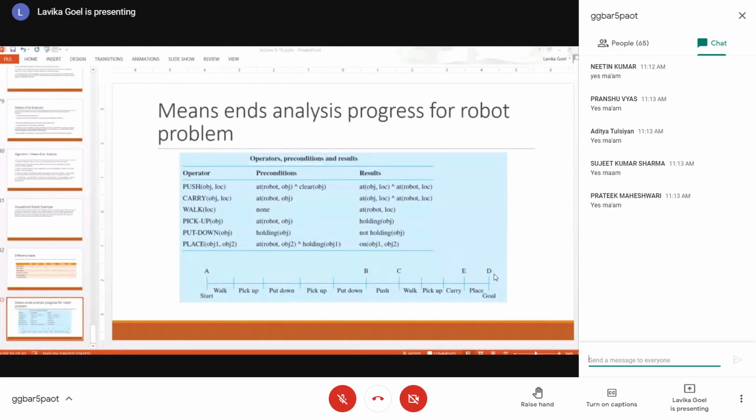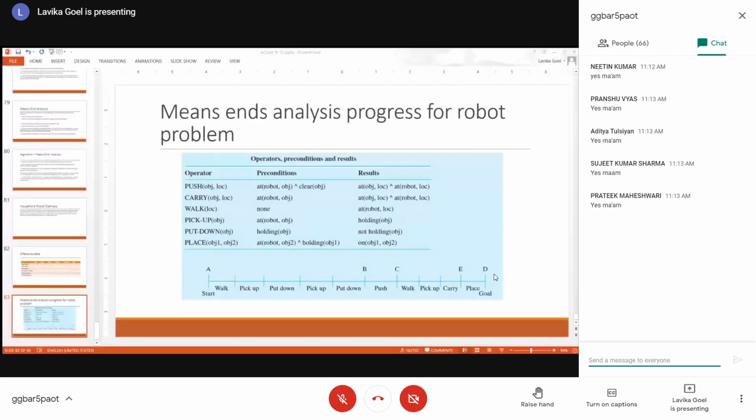So first of all, the robot has to walk towards the table, using the walk operator. So you have to move the robot through the walk operator, right? So you apply the walk operator. Now the robot is at the table. Fine. But the robot is at the table, and the table is not empty. So again, you have not reached the B point, right? So in order to reach the B state, you have to make the table